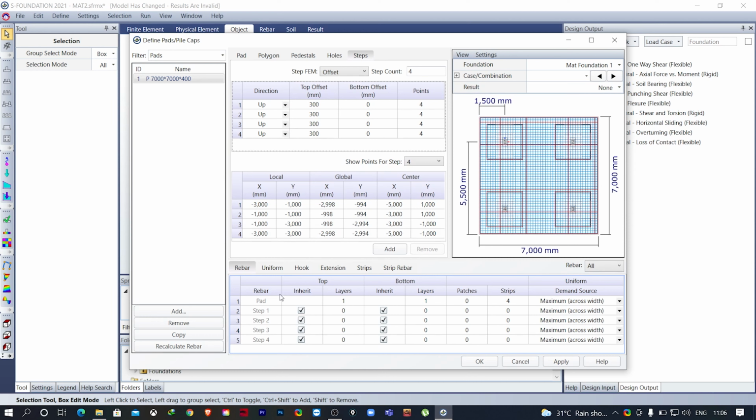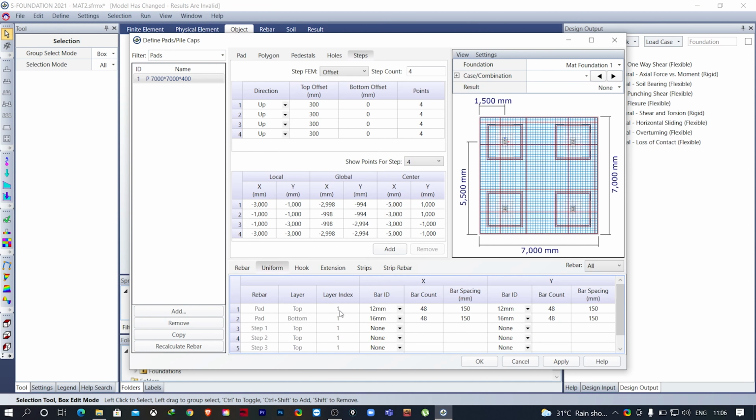Now for the steps, for top and bottom I will provide the inherent reinforcements, and for the steps only I will provide one extra top reinforcement. So I will add one layer for all the steps.